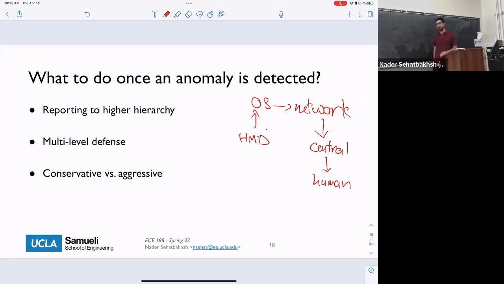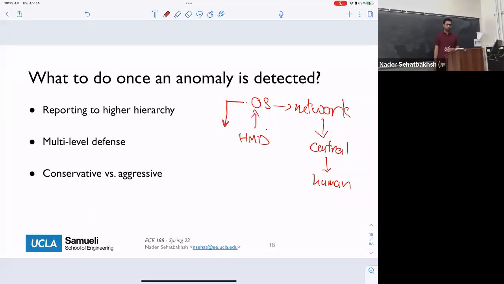Sometimes that decision is actually completely digital, which means that, for example, the operating system sees that this is malware, so it immediately shuts down the entire application or even the computer and so forth. So there are multiple ways of tackling this problem. Yeah, HMD, hardware malware detector.